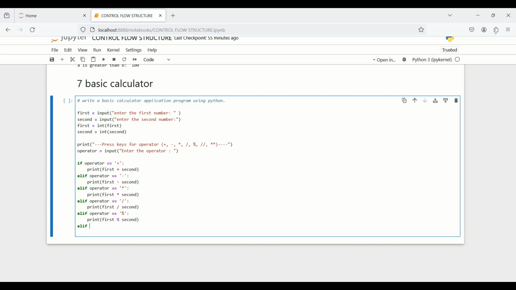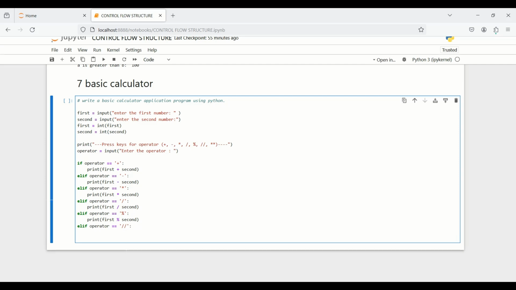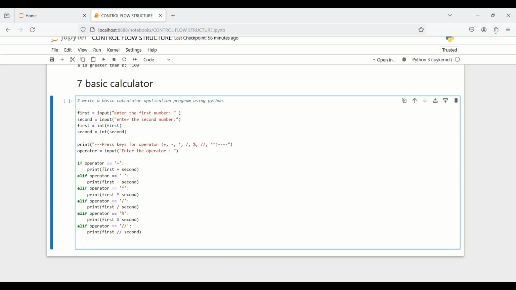And similarly elif operator equal to this floor sign. This is floor division, which means it divides the two numbers, but the answer is not in the form of decimal points. It gives the answer in the form of integer numbers without decimal point. So print first floor second,